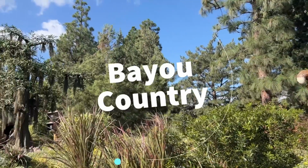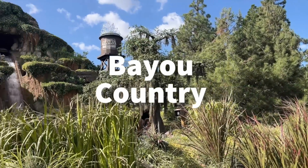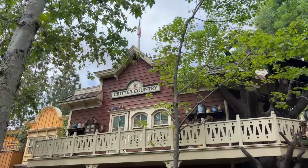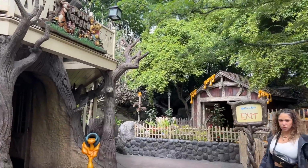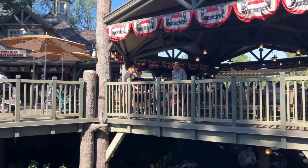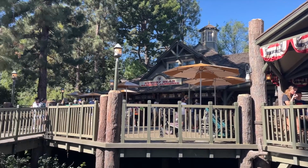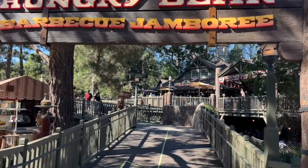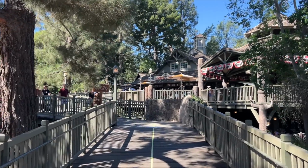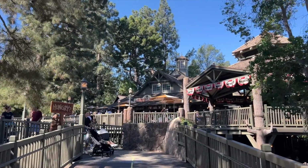5 out of 5. Formerly known as Critter Country, does Bayou Country have anything fresh and new when it comes to the Disneyland snack scene? Well, kind of. Bayou Country doesn't have a whole lot of snack options to choose from. You're going to find your classic churros here and some specialty lemonades and maybe some pineapple with chamoy over at the fruit cart, but the newest noteworthy section in this area is the recently remodeled Hungry Bear Barbecue Jamboree,